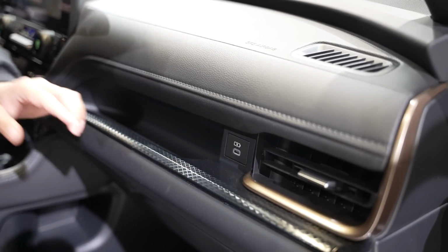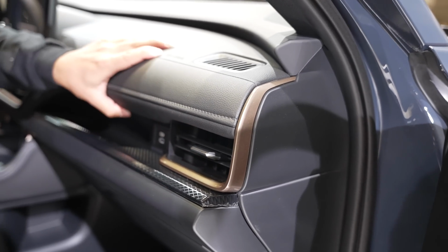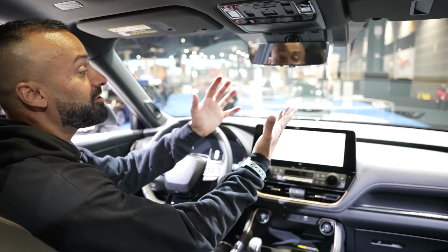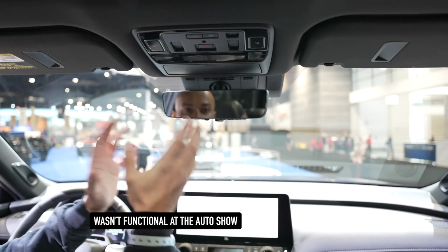But not only that, look to the right. I have this nice rose gold trim that wraps around this vent. Really high quality. Good job, Toyota. Now, the Toyota Grand Highlander incorporates this rear view mirror camera, not just a backup camera, a rear view mirror